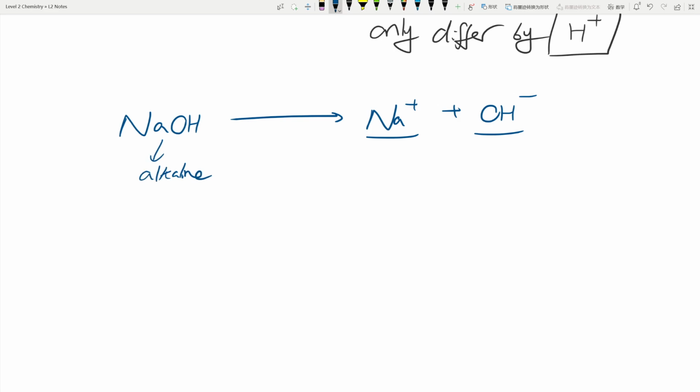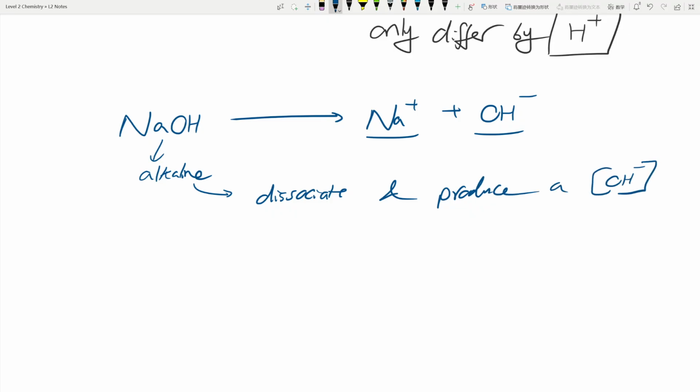Why is that? Because this will dissociate in water and produce a large concentration of OH minus. Whereas before, with the example that we did previously, just to show you,